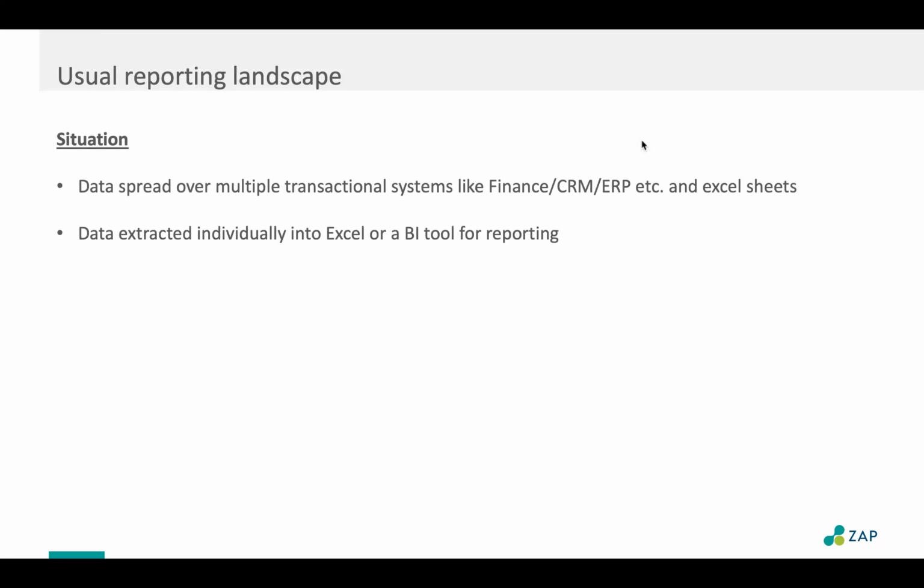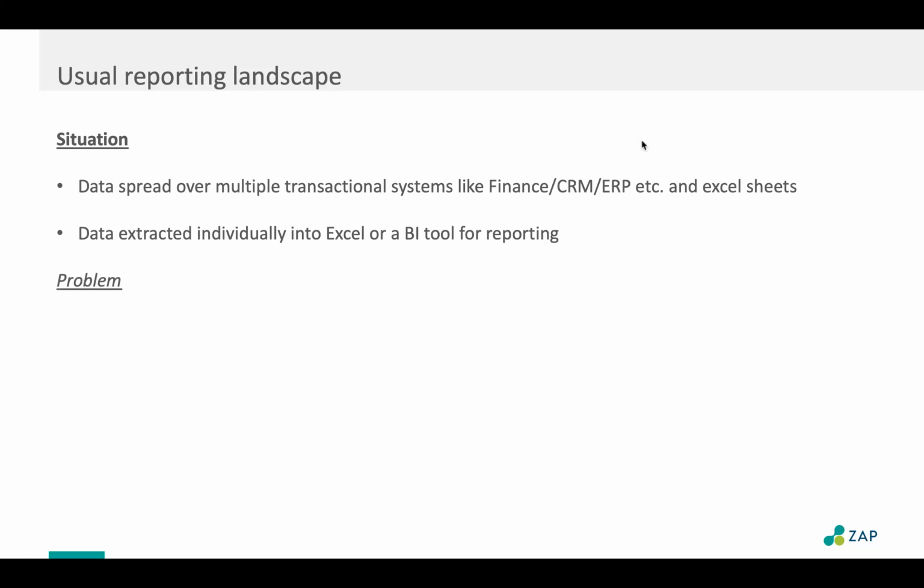So it's spread over multiple places. Generally what people tend to do is either bring it out into Excel or into a BI tool and try to build some reports. Those are the most common things we see, and Excel is probably the most popular one we come across. But why is this a problem?